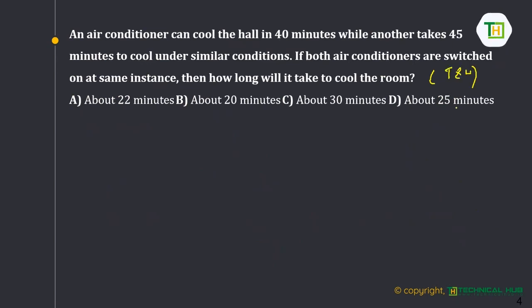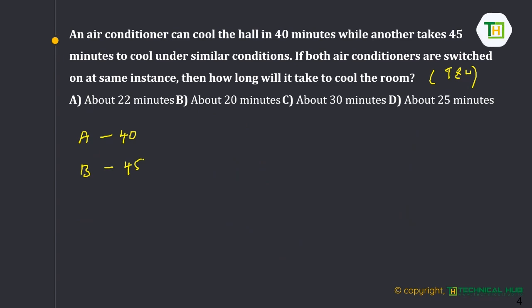So an air conditioner can cool the hall in 40 minutes while another takes 45 minutes to cool under similar conditions. Here two air conditioners are there. So I'm taking two air conditioners, A and B. A can cool the hall in 40 minutes and B can cool the hall in 45 minutes. If both air conditioners are switched on at the same instance, then how long will it take to cool